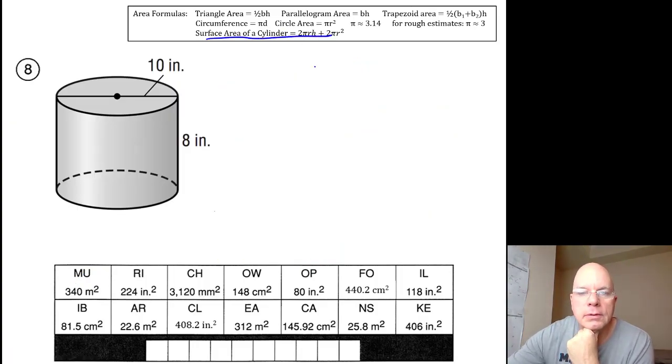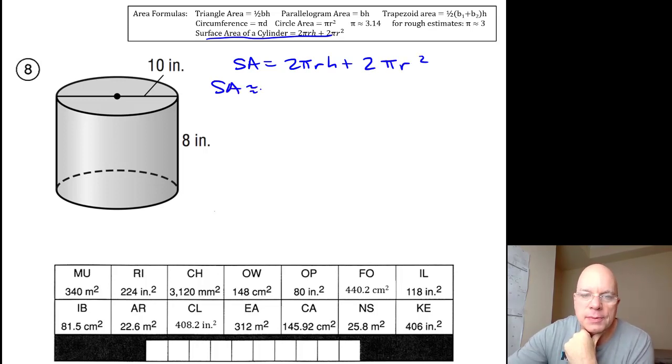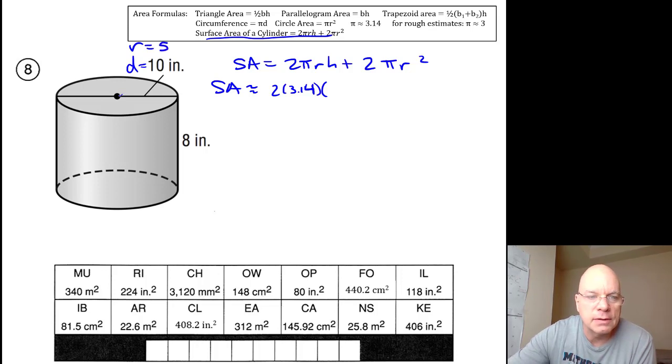Cylinder. Surface area is 2 pi r h plus 2 pi r squared. So the surface area is approximately 2 times 3.14 times, here's where people make a mistake. You have to be real careful. The radius is not 10. This 10 is pointing to this line segment that goes all the way across the circle and through the center. That's a diameter. If the diameter is 10, the radius is 5 from the center to the edge. So radius is 5. The height of the cylinder, the perpendicular distance between the circular bases, is 8